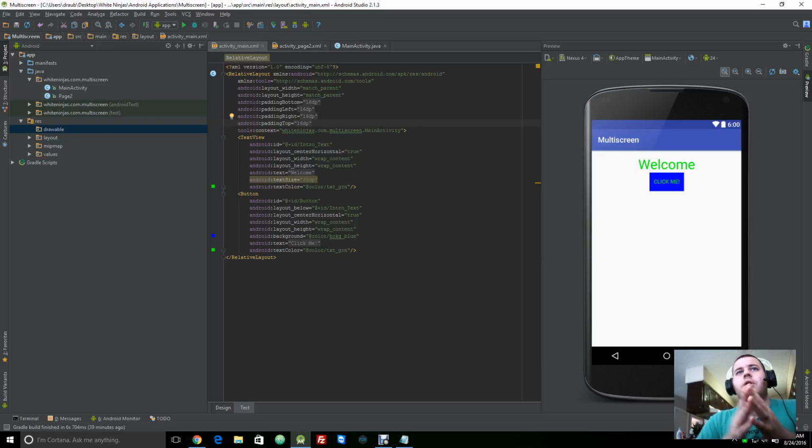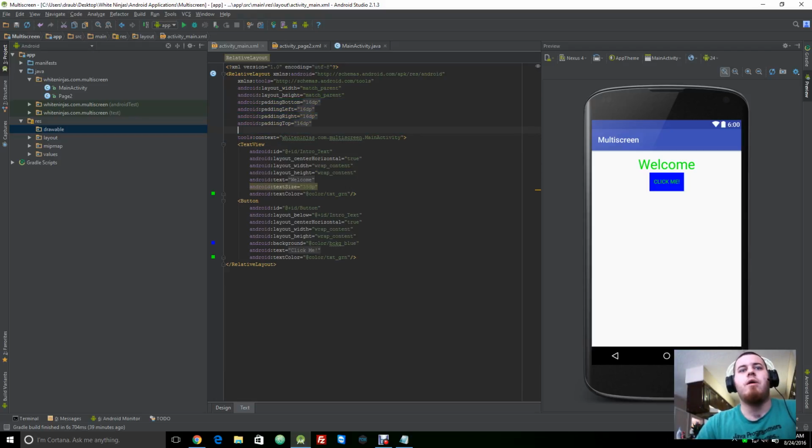Now, let's see here. The first thing we're going to start off with is adding a background. Let's add a background color to our app, to our screen. If you wanted a solid color, you could do it simply by going into your relative layout, and somewhere inside of here you just want to drop down and type android:background